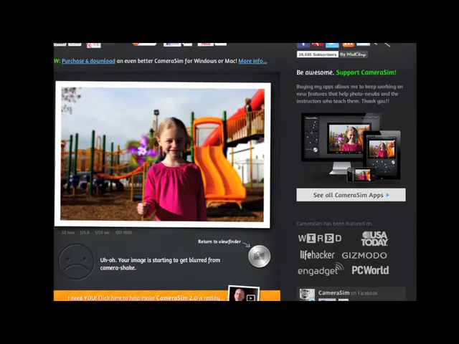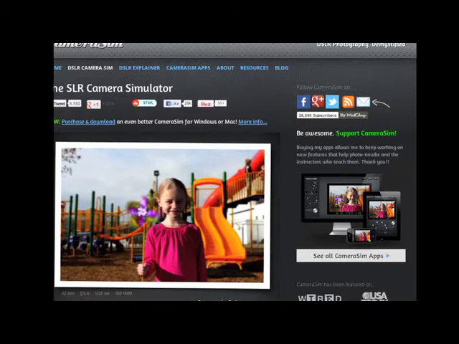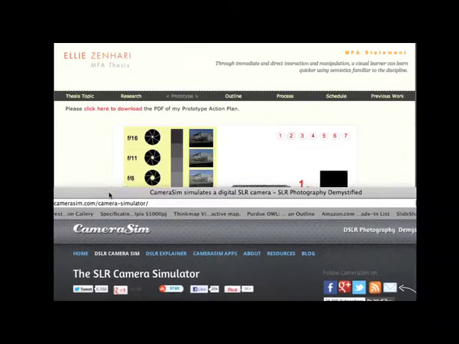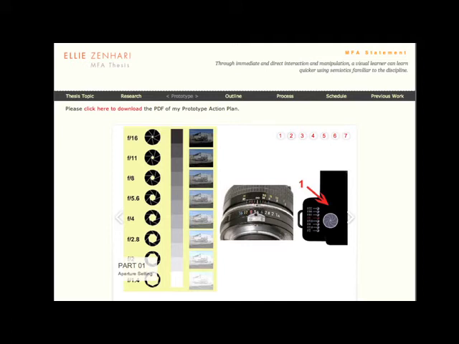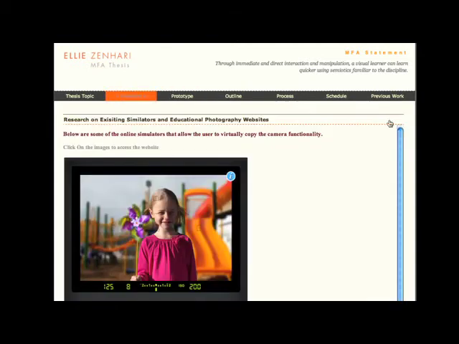I mean, it's a great tool to just play around with, but it's really not that powerful all on its own as a learning tool. Another thing that I'm proposing in my prototype is that my lesson plans are built around the simulators, which means that, for example, in the aperture setting section, we'll have class notes, exercises specific to how to use the simulator to achieve a specific goal or result, as well as diagrams, animated diagrams, such as the one I just showed you,